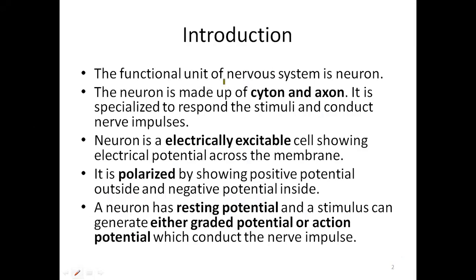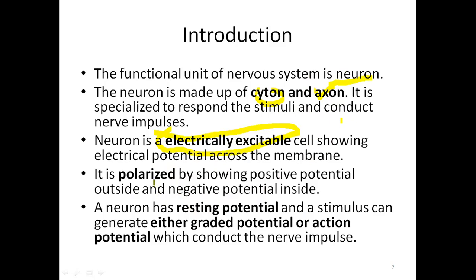Now, a brief introduction regarding the conduction of the nerve impulse. The nervous system is made up of neurons. Neurons are known as the functional unit of the nervous system. A neuron is made up of a cyton and an axon. A neuron is known as an electrically excitable cell. Now, what do you mean by that? So, when some ionic conduction happens, electricity can pass through the neuronal membrane and bring about excitation of